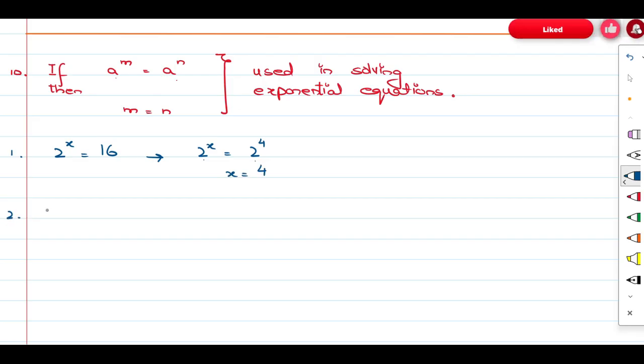Another example, if I have 4 to the power x is equal to 16. So here, for 4 to the power x, we have to make the same base. 4 times 4 is 16, 4 squared is 16, the bases are the same, so